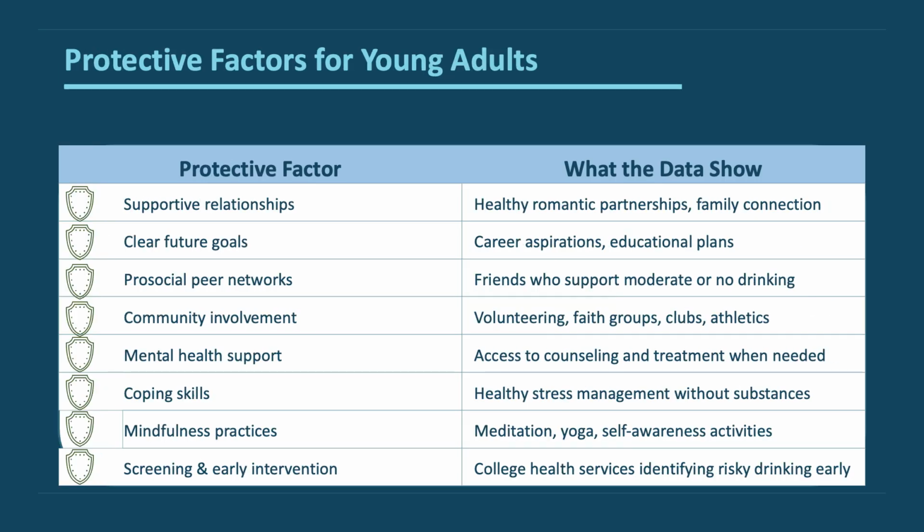On the flip side, the protective factors here are many of what we just talked about from the broader discussion, but also looking at screening and early intervention, of course. So things like SBIRT or SBIRS or any of the different combinations of screening and brief intervention, referral to treatment. Building clear future goals, so education planning, community involvement, and I really like the idea of youth getting involved in alcohol prevention itself. There's a number of alliances out there that have a youth focus, etc.